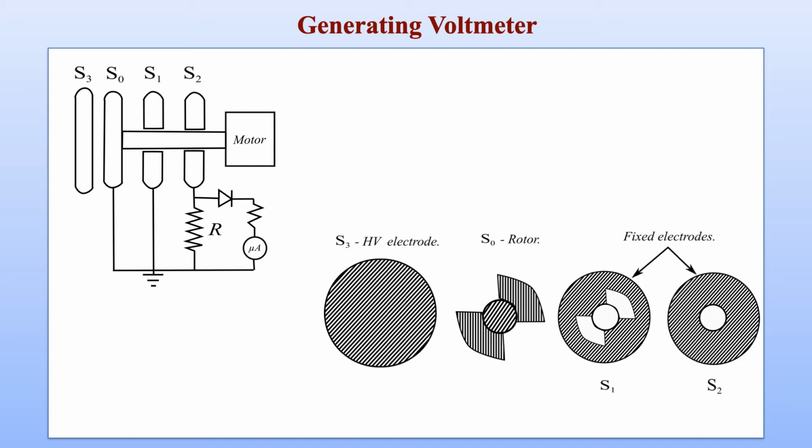This is possible by a special arrangement as visible here on the top left corner in the form of a circuit diagram, which is also a schematic diagram. It shows there are 4 different terminals. They are in the form of discs. So we are having a cross-sectional view of these discs S0, S1, S2 and S3,